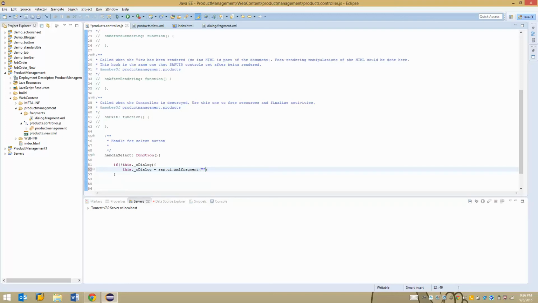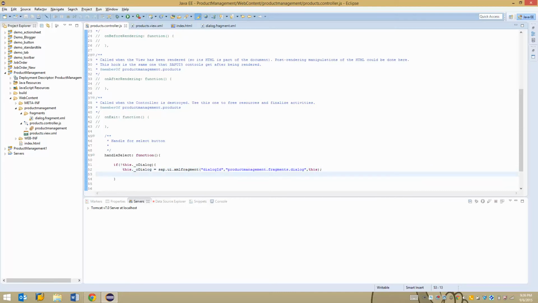One is the dialog id, that is the id for the fragment which I'm instantiating, and second one is going to be the path, and third parameter is going to be the controller reference. So the path for the fragment would be product management dot fragments dot dialog,